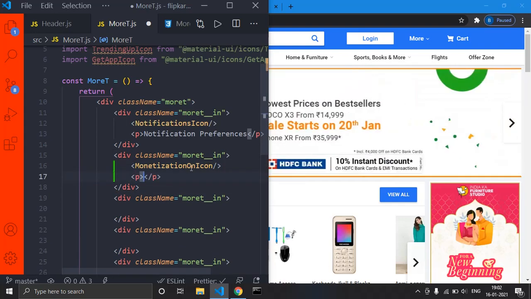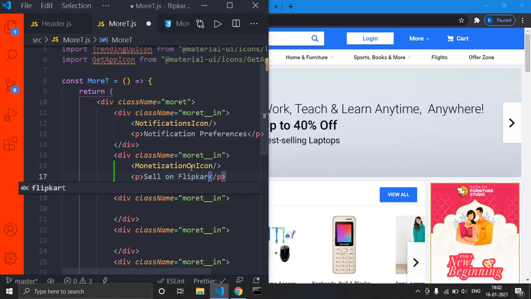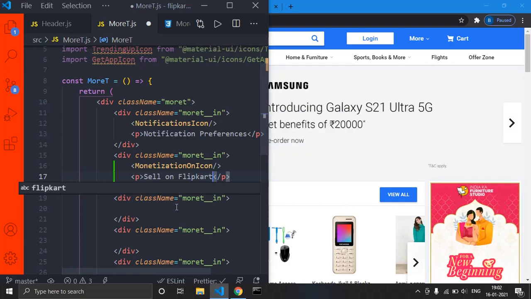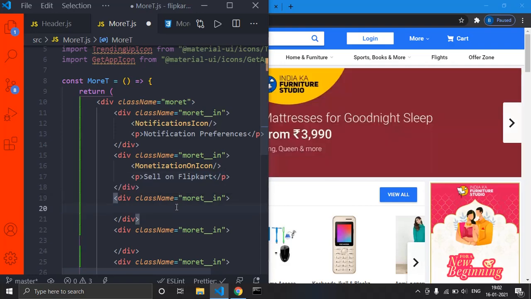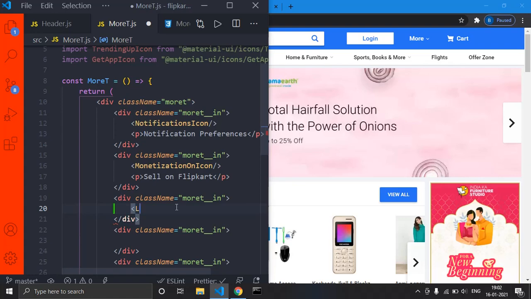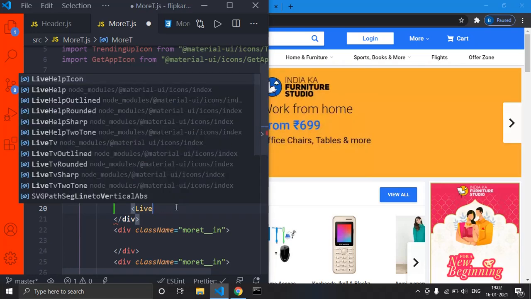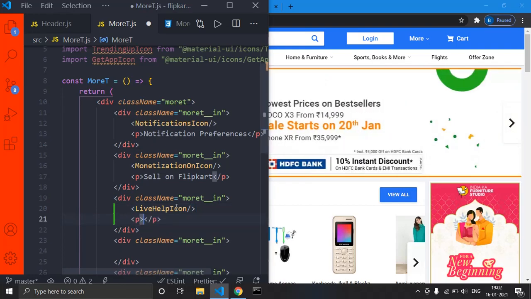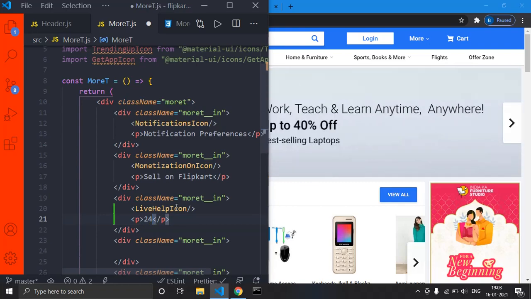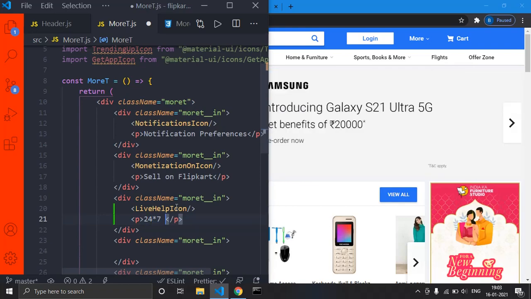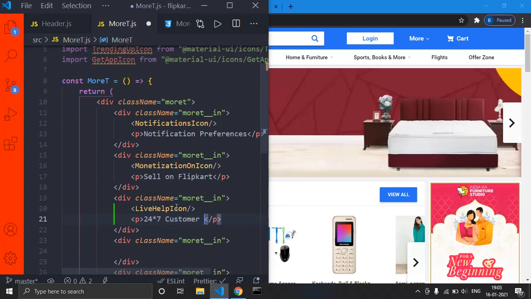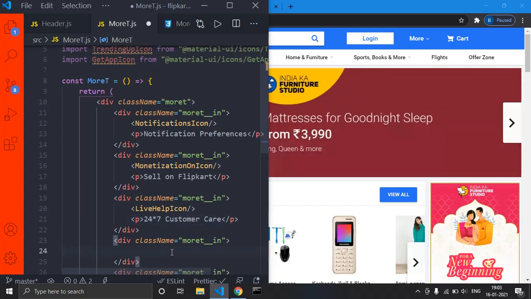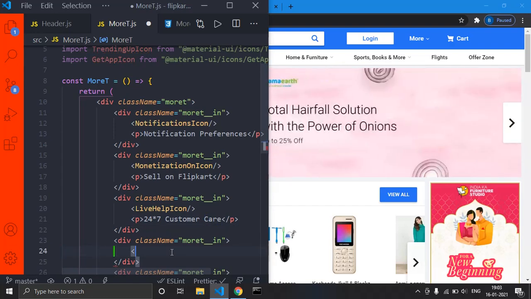a p tag with sell on Flipkart. Okay, so let me write all these statements, and here we have a live help icon, and we have a p tag with 24/7 customer care, and in this part we have a